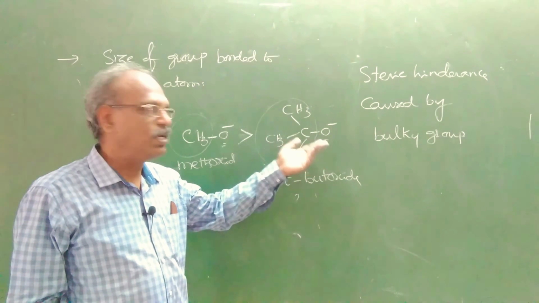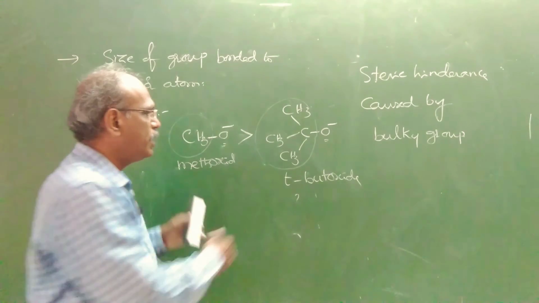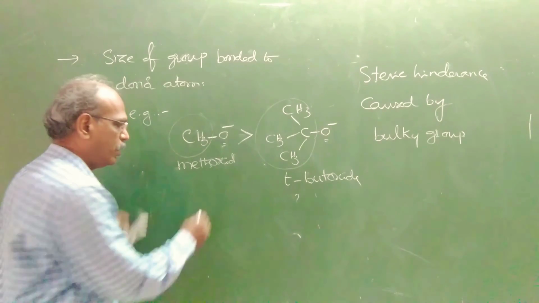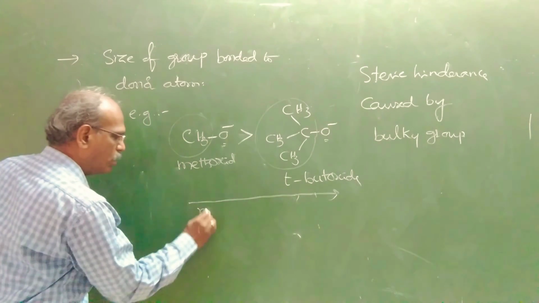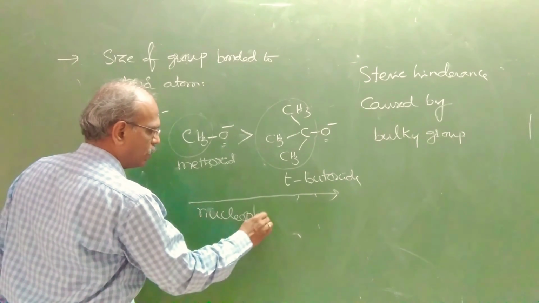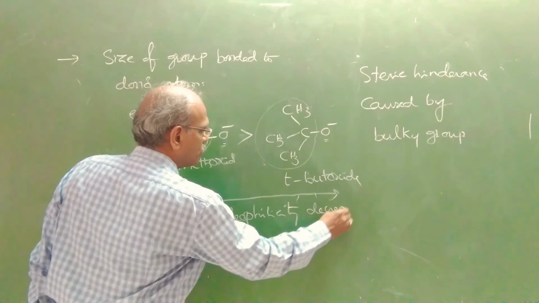Cannot approach easily means it cannot donate easily. So that's why it is a weaker nucleophile than methoxide. So in this order from left to right, nucleophilicity decreases, but